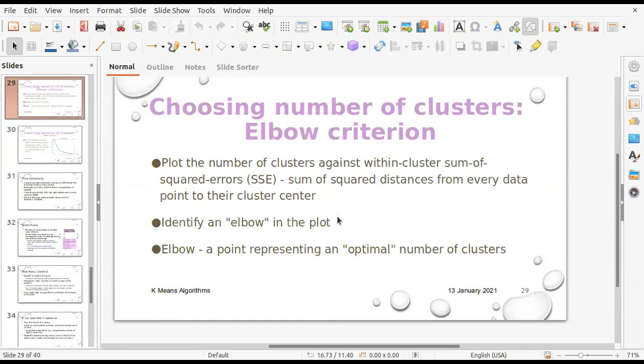K-means has a severe problem. If you have some outliers, like one point which is far away from the rest of the points, that point influences the results, so it creates a huge problem. There are other methods instead of K-means, called K-medoids. The K-medoids algorithm is an improvement over the K-means algorithm.